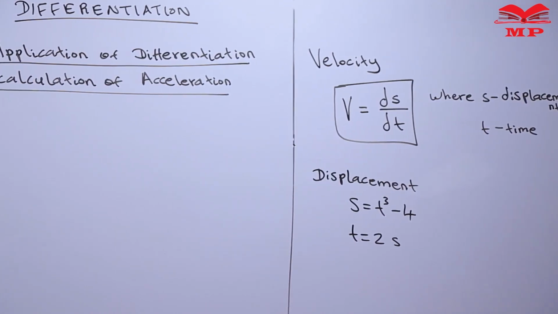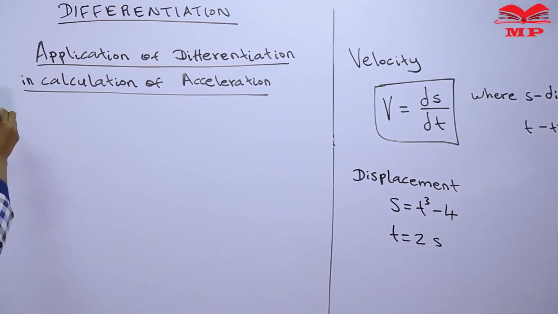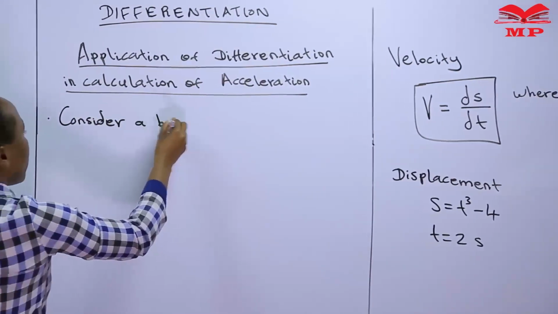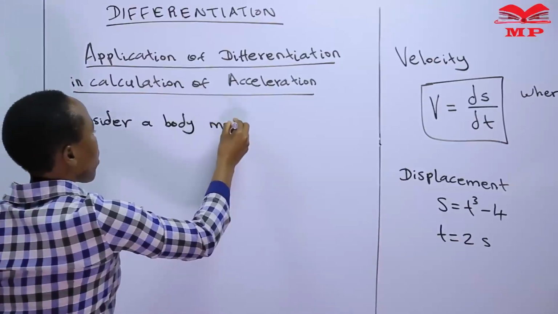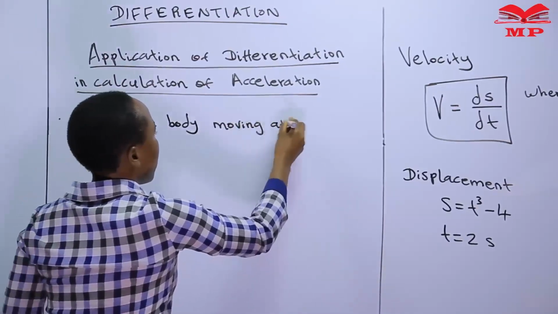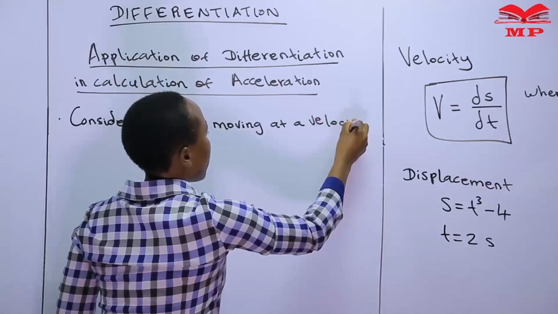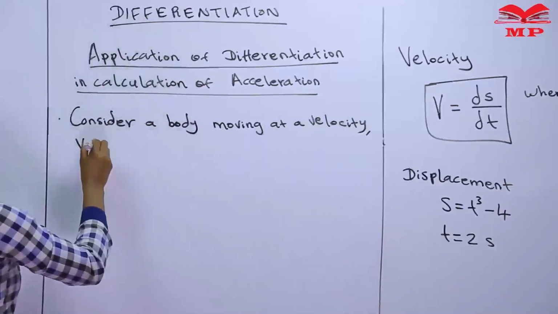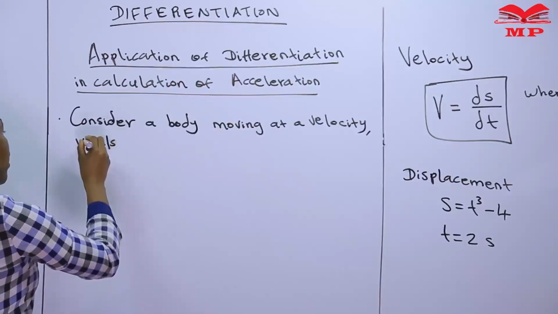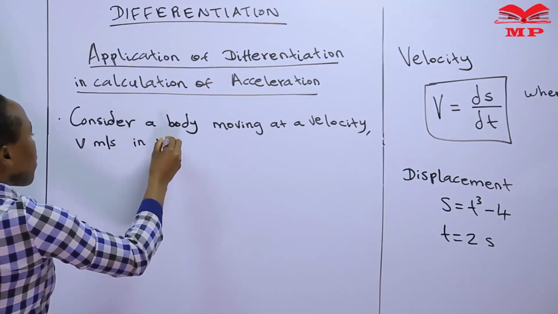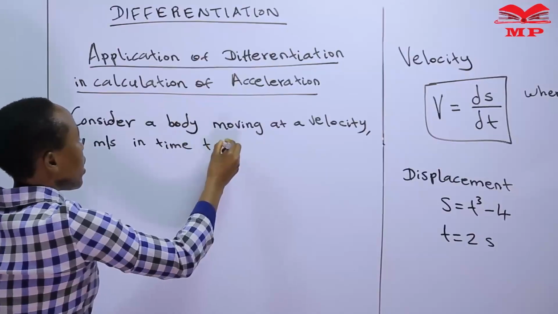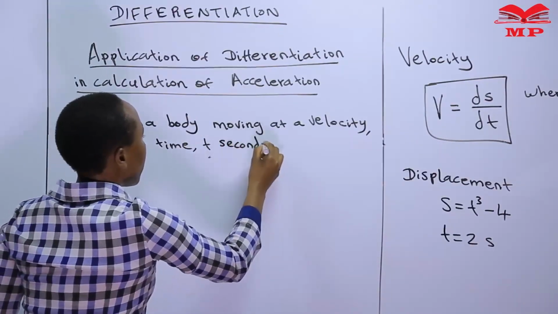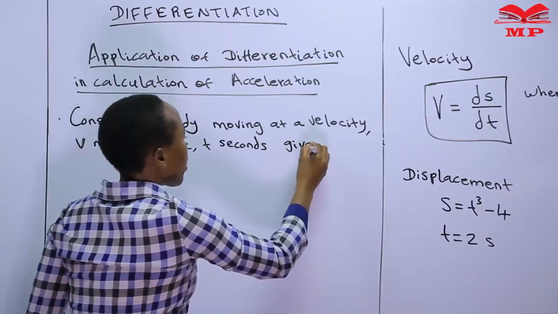Now in this case, we consider a body moving at a velocity v meters per second, in time t seconds, given by the equation,